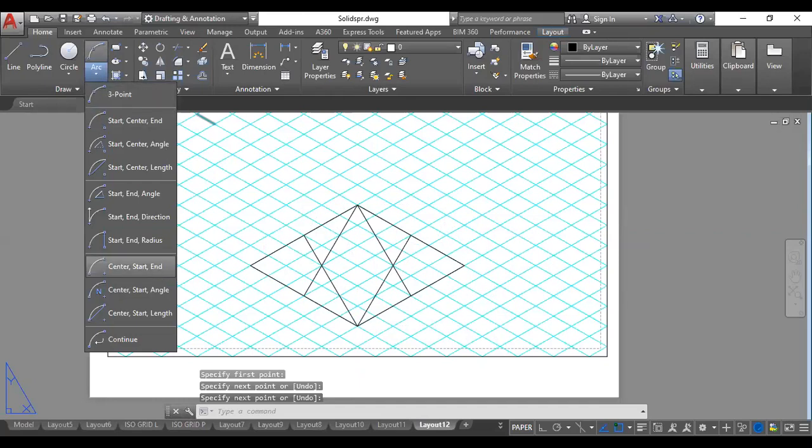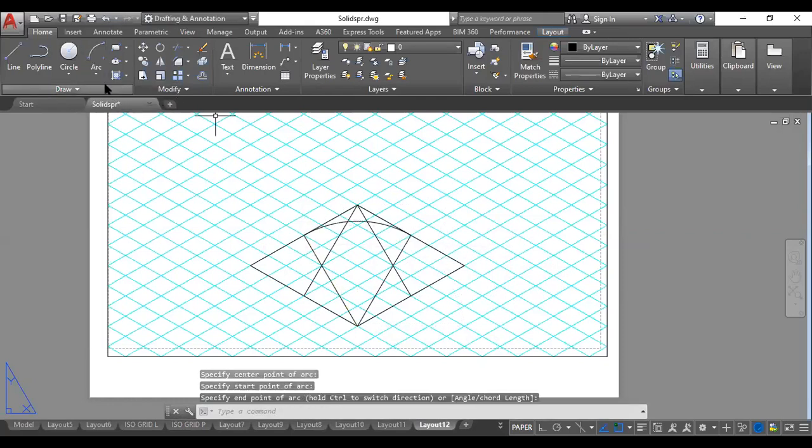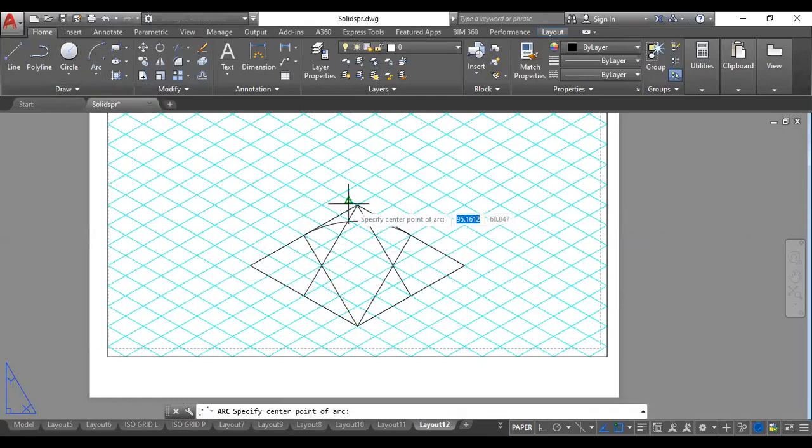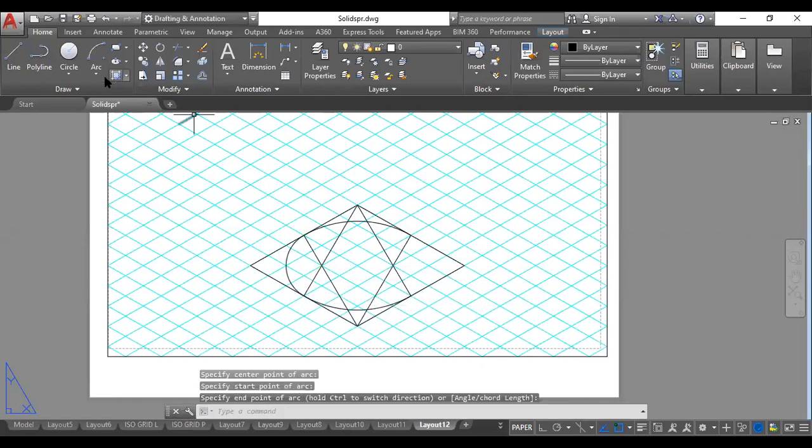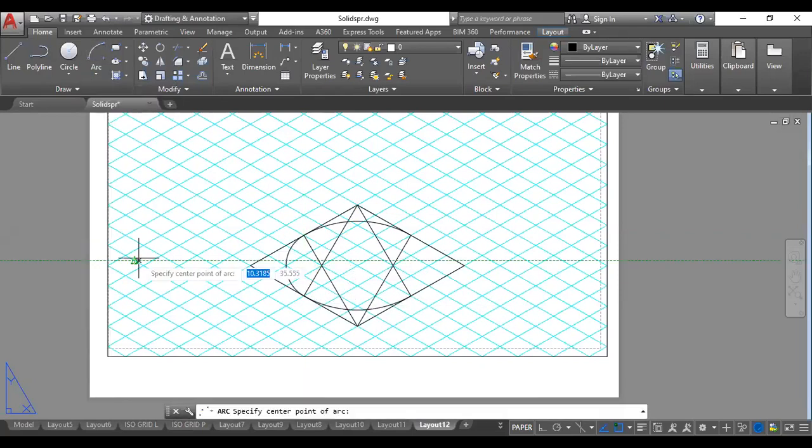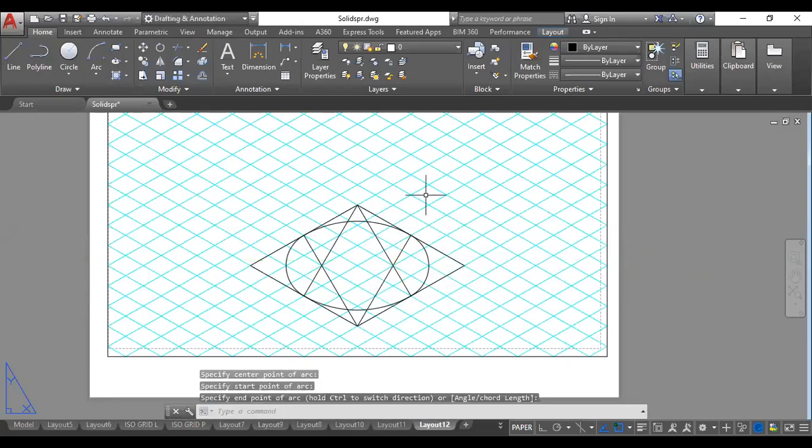So from here center, this as radius, arc, then same again. This as center, this as radius, the arc, and again the same, this as center and this as radius, then the arc, and finally this as center, this as radius, and then the arc. So this becomes the base of the cylinder.